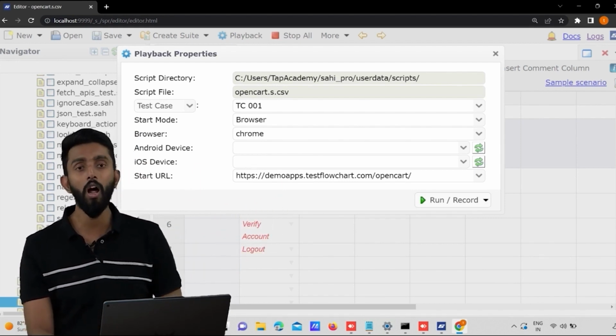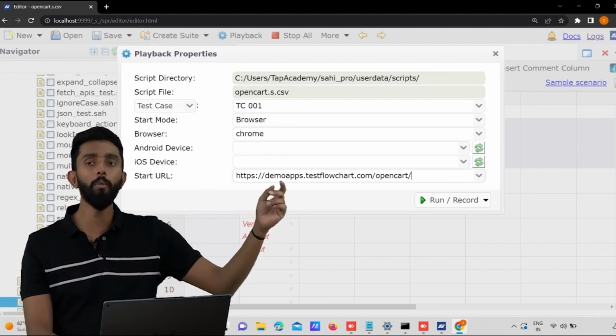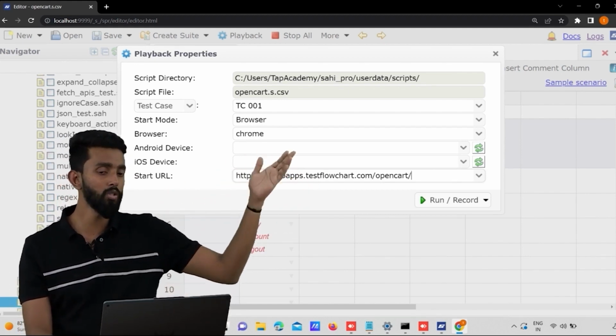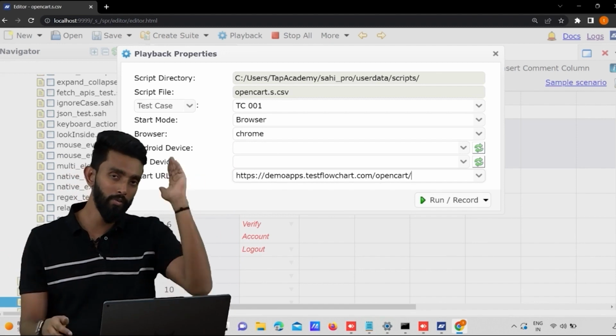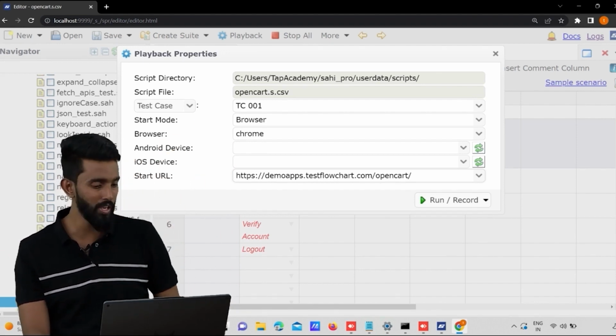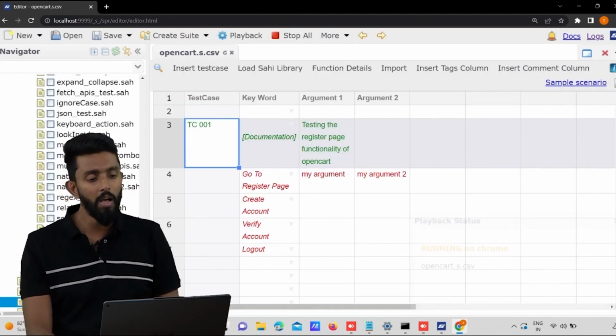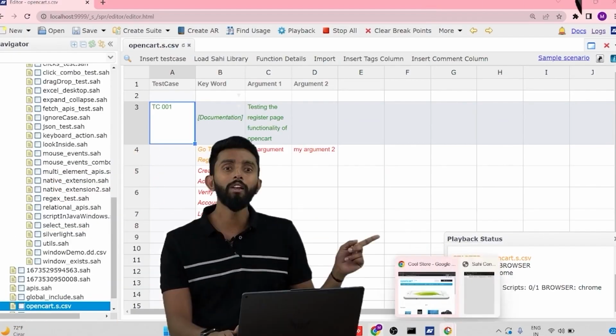Anyways, there's something called a start URL. Here, I have given the start URL as demoapps.testflowchart.com/OpenCart, which is my URL for the OpenCart website, which I have created, which you also can be using. All right. Now, if I were to click on run/record, please understand it is automatically going to open